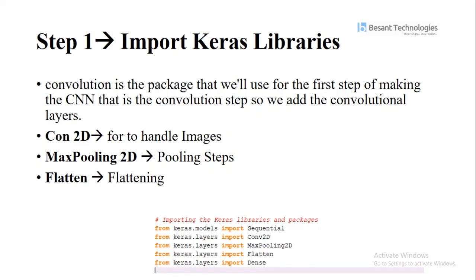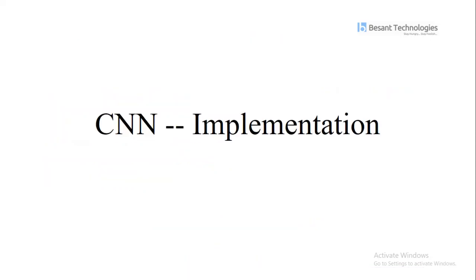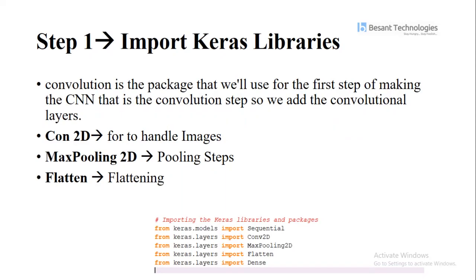So as per our discussion, we are just going to start to implement our convolutional neural network in artificial intelligence. The first step of making a CNN is to import all the mandatory libraries. So these are all mandatory libraries: Convolution2D, which is mainly used to handle images, MaxPooling, which is for our pooling steps, and Flatten,